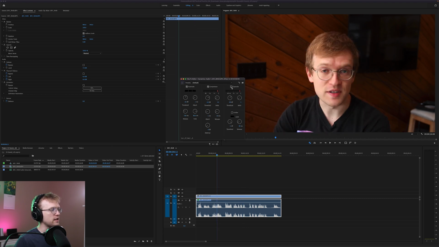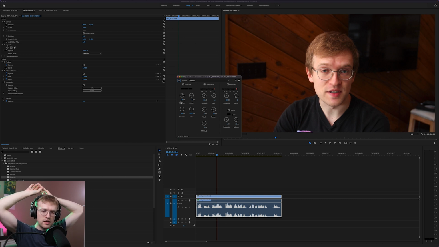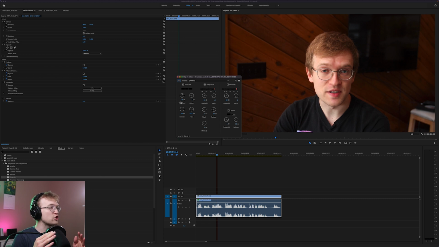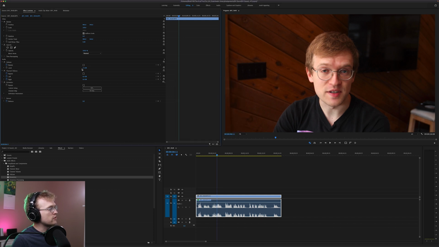Now, we don't need it right now, but an expander would just basically bring all of the quiet bits up further. All right, so we messed around with dehumming and denoising, with noise print capturing and noise removal, and with using an auto gate. And the auto gate in this specific circumstance was the right thing to do. There's so much noise throughout the clip that I don't personally know a way to clean up and make my voice sound warmer. But we can get rid of the most distracting noise in between me talking. So we've used an auto gate to do that, and then we've used a compressor to even out the sound a little bit. And we, of course, used the volume to bring up the whole thing.